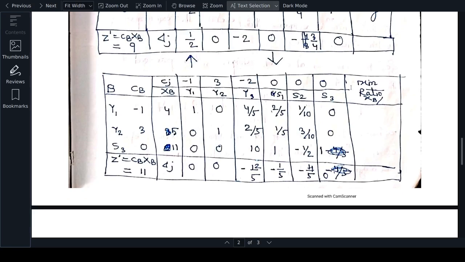Arbas, how to write? Sir, can you please repeat your question? How to write